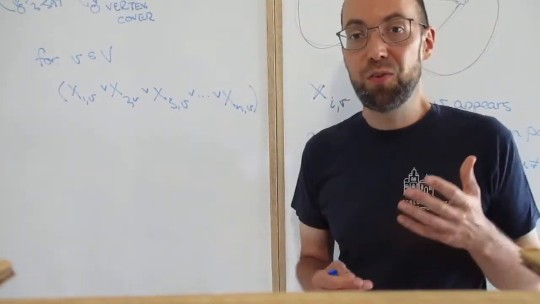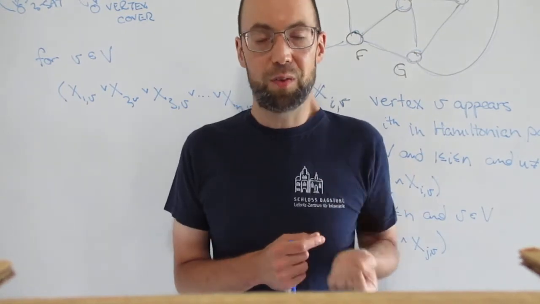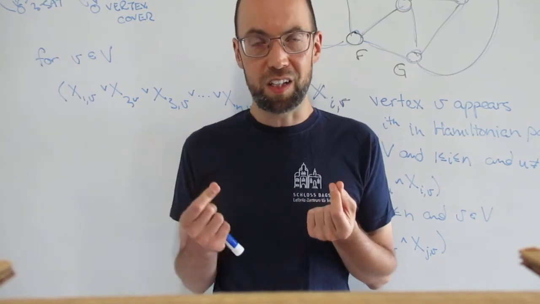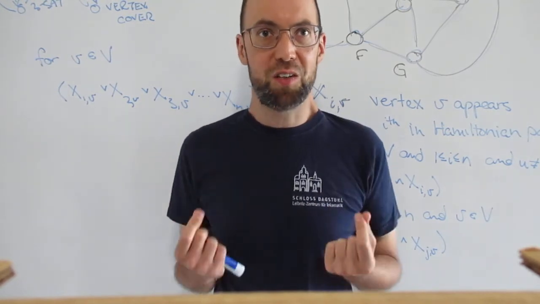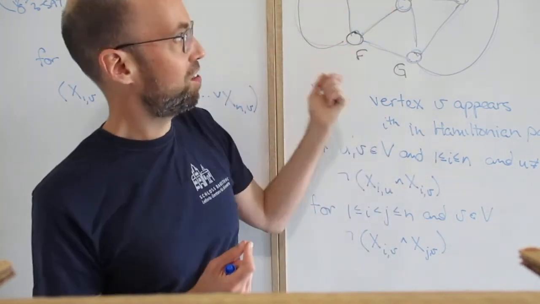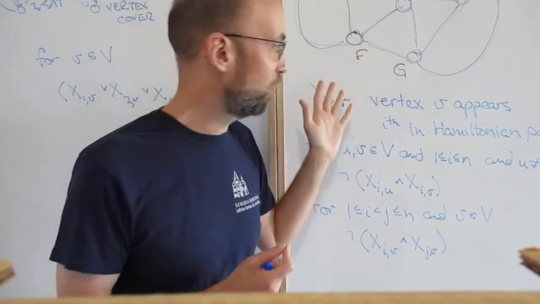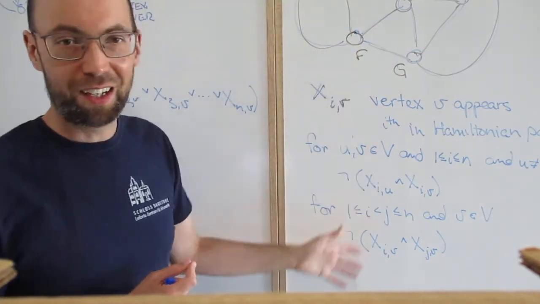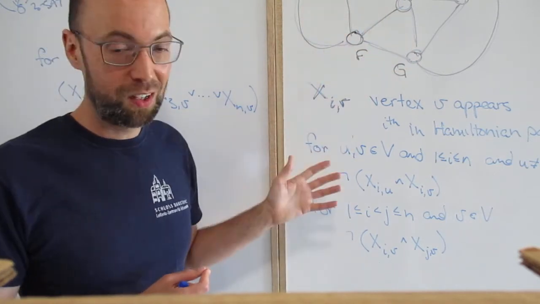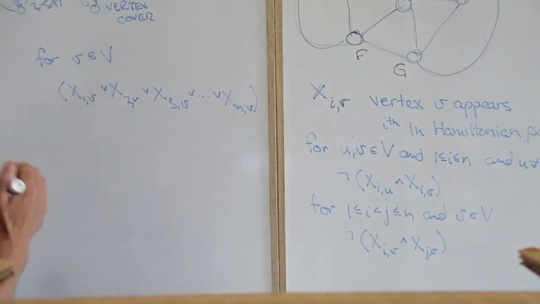You have to guarantee that if I go from x_i v, so from x_i u to x_{i+1} v, there had better be an edge between u and v. Okay? Because I want it to actually be a Hamiltonian path in this graph. So far, we haven't said anything about the actual graph. We've talked about the vertices, but we haven't talked about the edges yet. So we have to say that